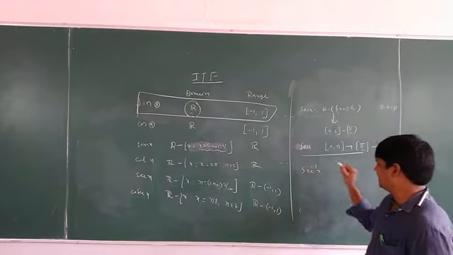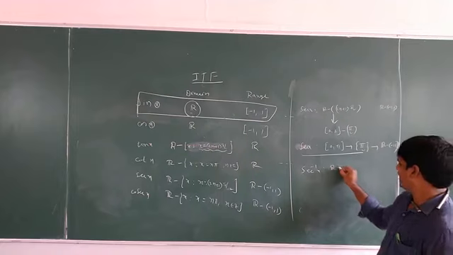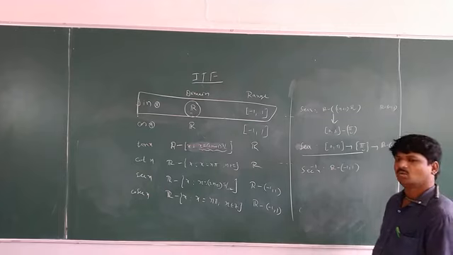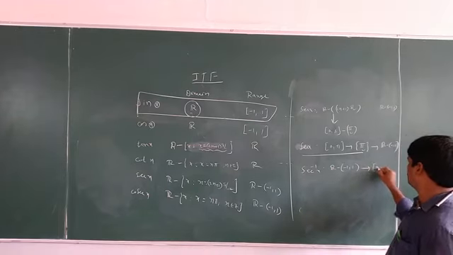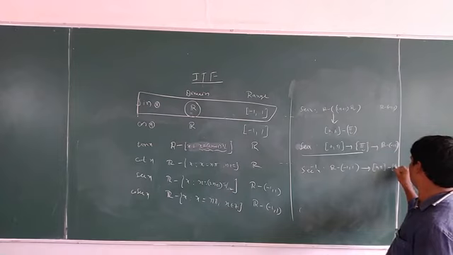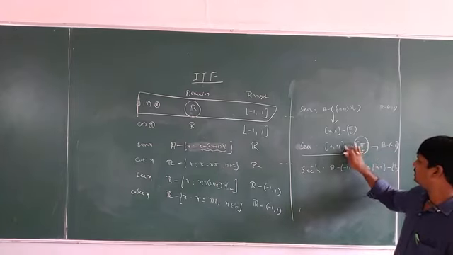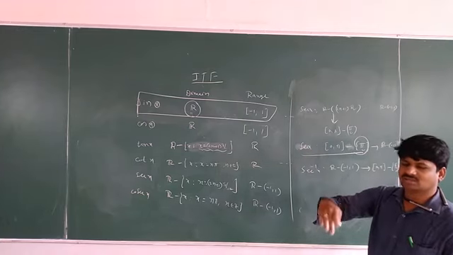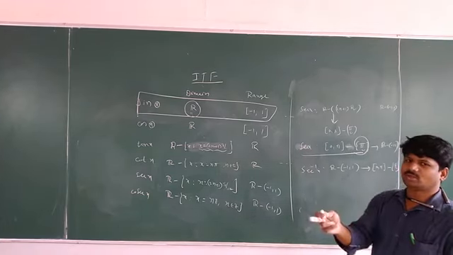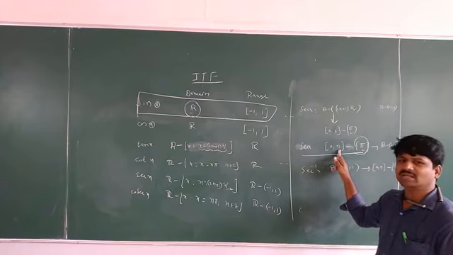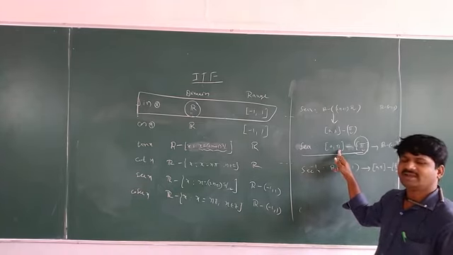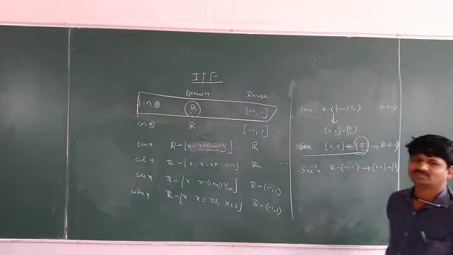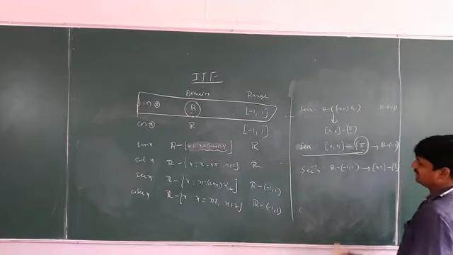So what is secant inverse x? It is from R minus the open interval minus 1 comma 1 to closed 0 comma pi minus pi by 2. I hope you understand why we are subtracting pi by 2. Why are we subtracting here? Secant means 1 by cos. Cos must not be equal to 0. But between 0 to pi, what is there? Pi by 2 is there. Cos pi by 2 is 0. That is why 1 by 0 is not defined. That is why you have to use this. Okay? Secant inverse.